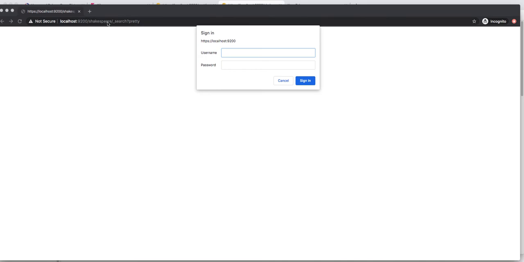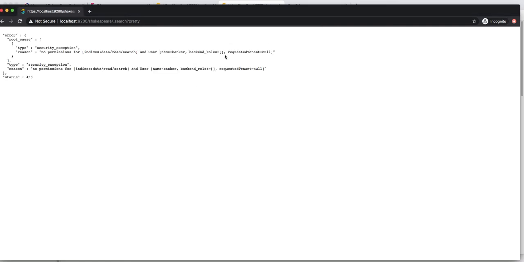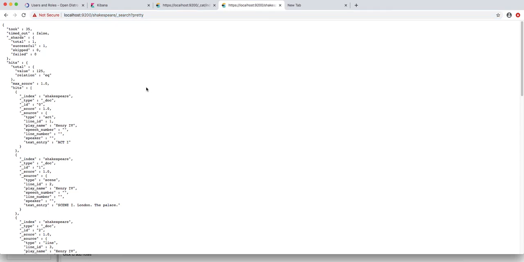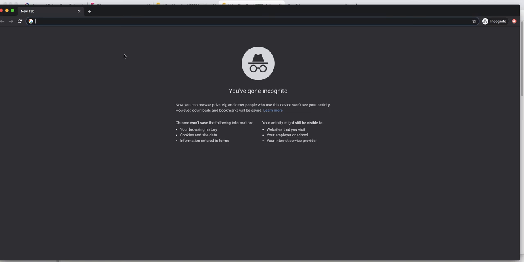So this is Shakespeare one, and let's try to connect with banker. I've given banker here. Again, the same thing happened. For banker, Shakespeare index is not allowed. So we have a security control here that whoever we want, those are able to access those particular indexes.